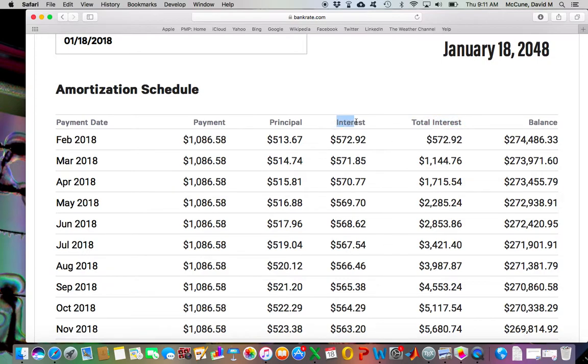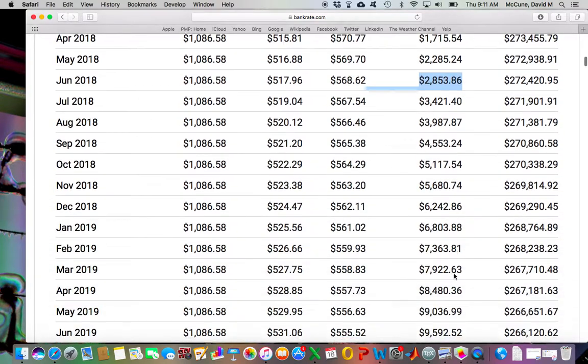So this interest here just keeps track of how much each check goes to interest. So of this 1086.58, 572.92 goes to interest, and then 571.85, etc. This column here just keeps track of the sum total of all that. So after 3 months, you've paid $17.15 in interest. After 5 months, you've paid $28.53 in interest, etc. So if you scroll all the way down